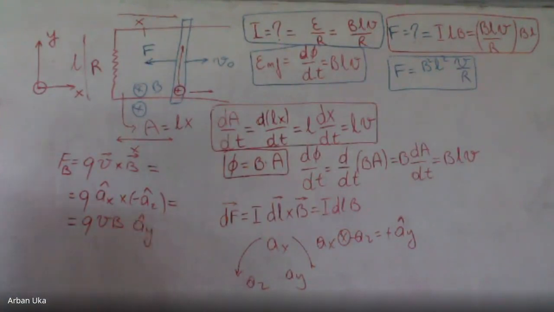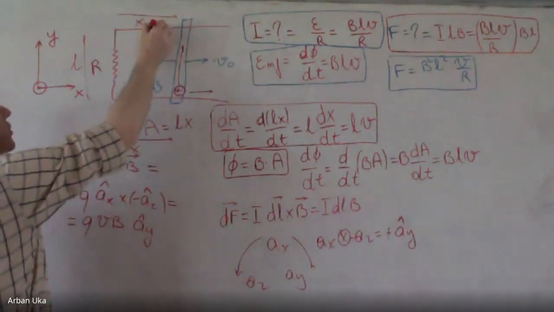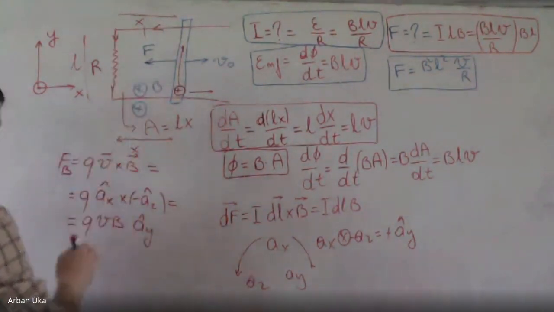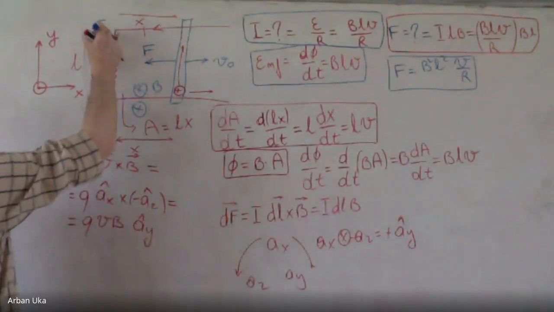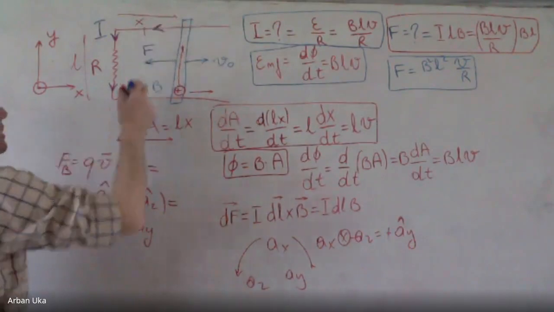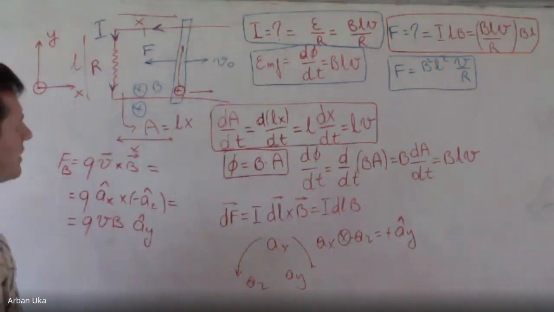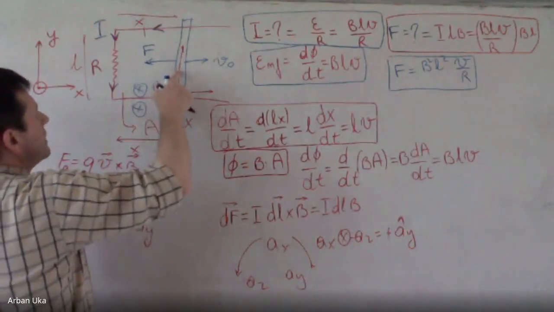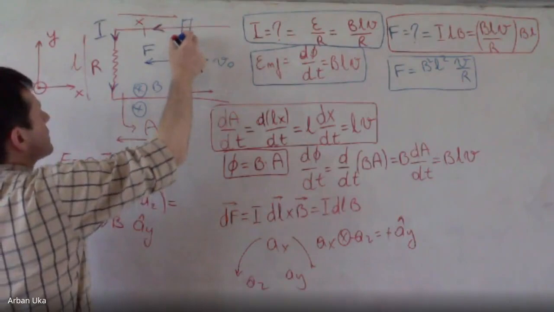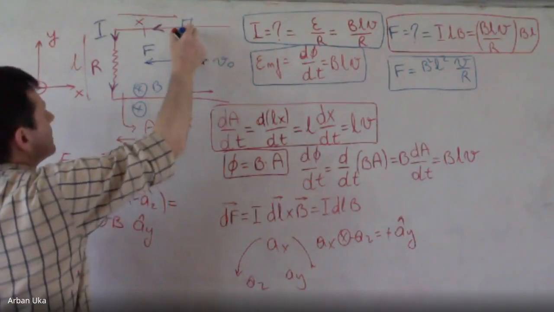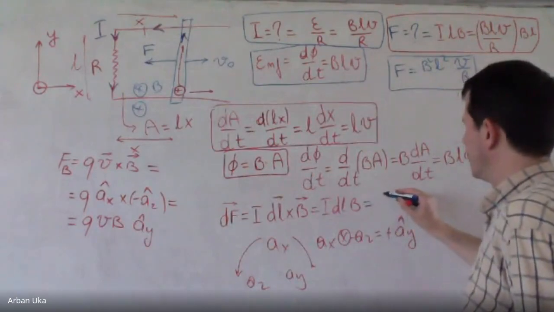So it looks like the magnetic force on the charges is moving up, which means that the current is going to flow like this, okay? Maybe it's better if I draw this in blue. So the current in blue is flowing like this. So if the current is flowing like this, then at this point the current is also flowing in this direction, then here the force would be equal to I,